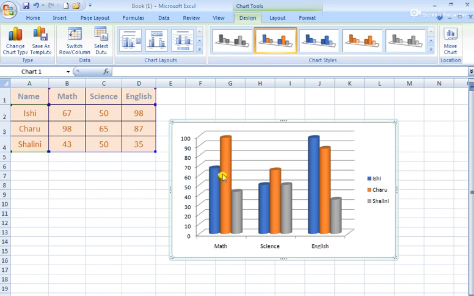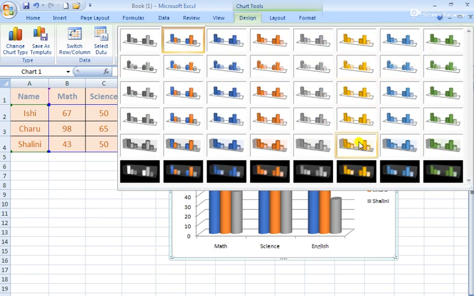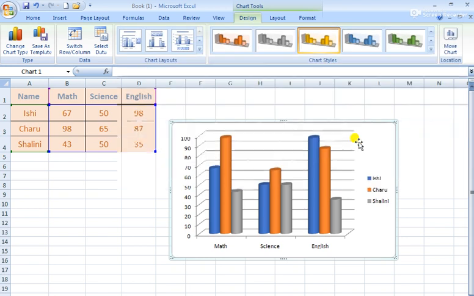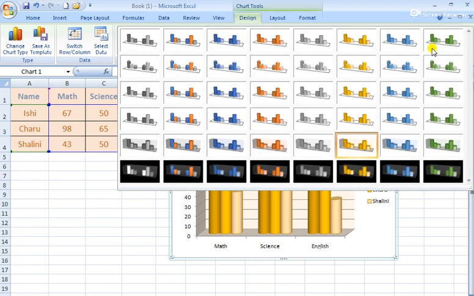So it's so simple to create a chart. Now the formatting of the chart is also available. Like from here you can select, 3 different colors are there. If you want to change something else, you can just go and select it. Now you see this is looking like 3D. So this is how the formatting is possible. Many more options are there, it just depends on you.